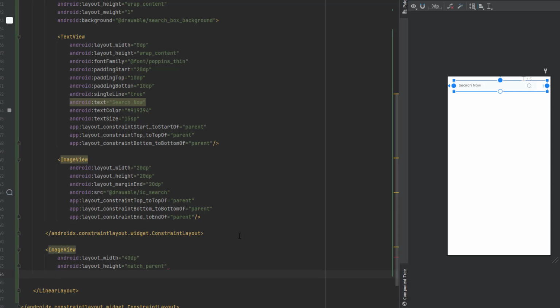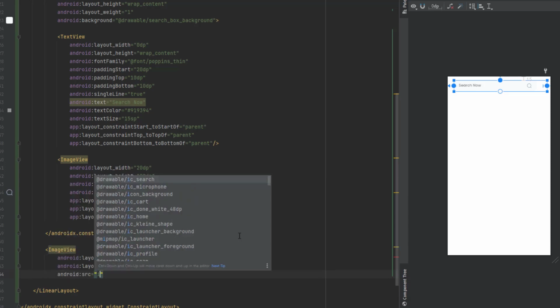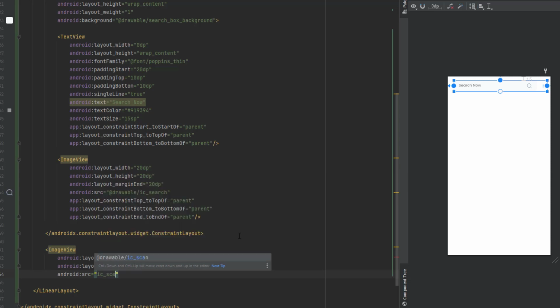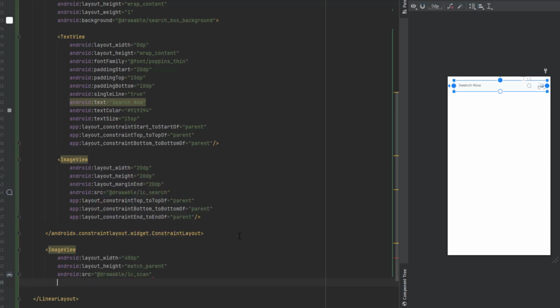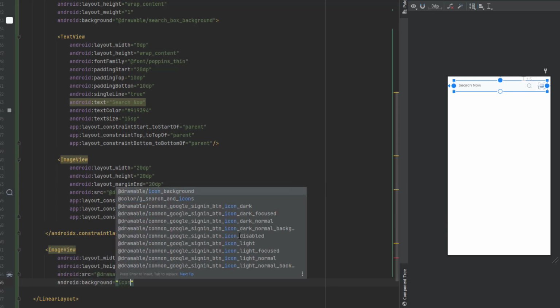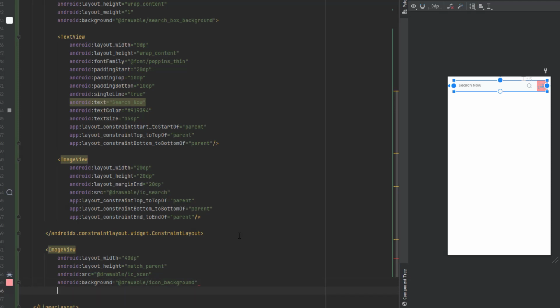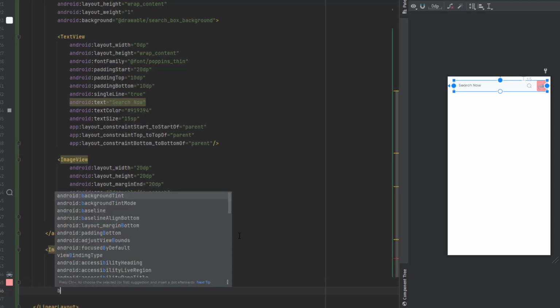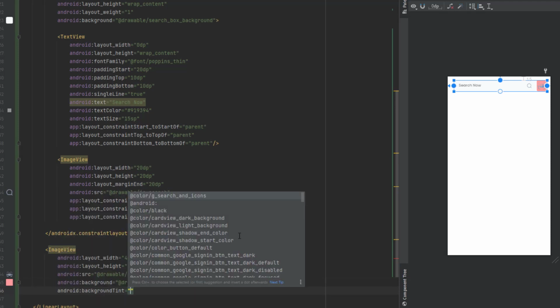We will give it the source, which is IC scan. Background tint, let's actually first add the background, which is icon background. Now we want to change the tint to background tint, and we need to add the color, which is